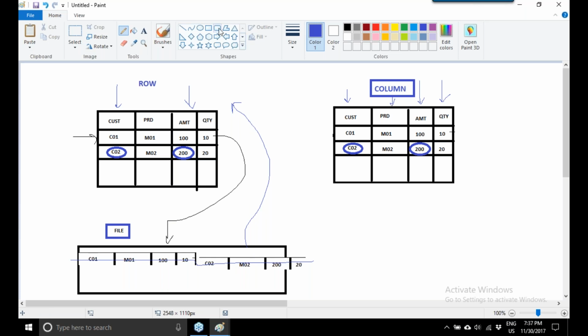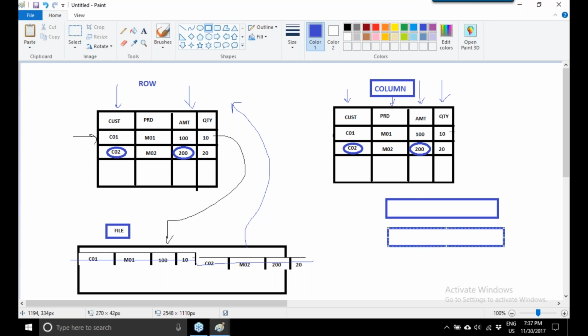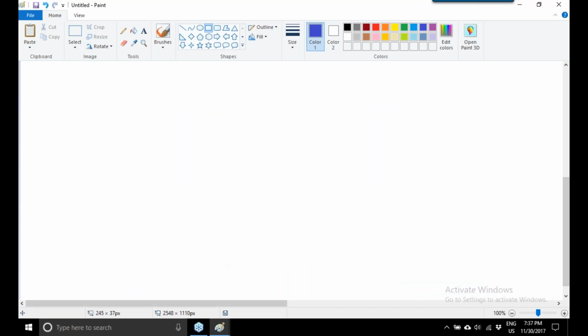But in a column orientation, each column's data is stored in a separate file. For example, how many columns do we have? 4 columns. So it generates 4 files.